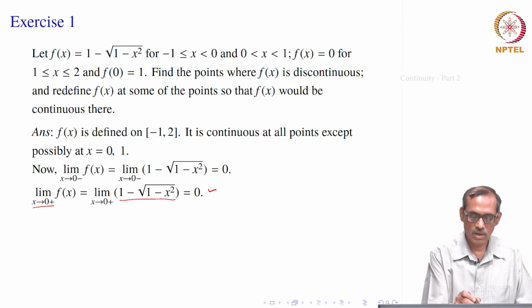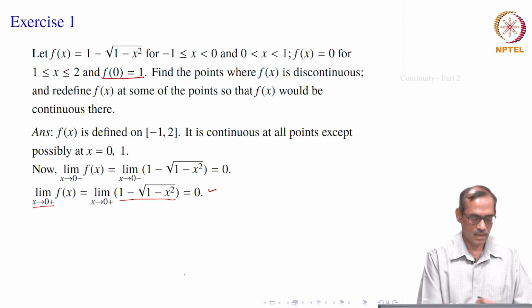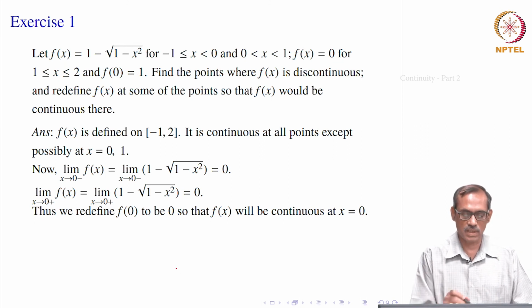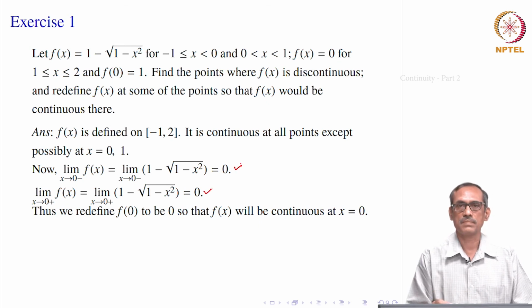What about f(0)? f(0) is given to be 1, but the limit is equal to 0, right. So, that is why it is discontinuous at x equal to 0. In this case we can redefine our function. We will define another function g, which is just like f everywhere else except at 0. At 0 we give g(0) equal to this limiting value, which is 0. Then that makes the new function g continuous at 0. So, that is the meaning of redefining f.